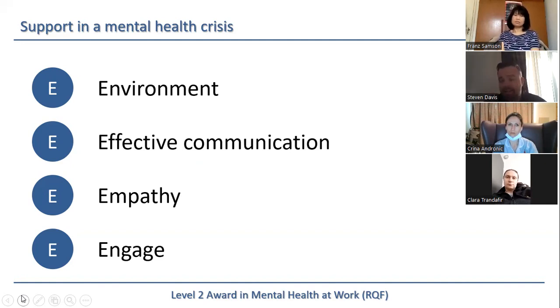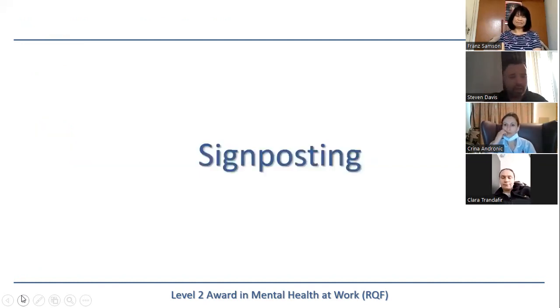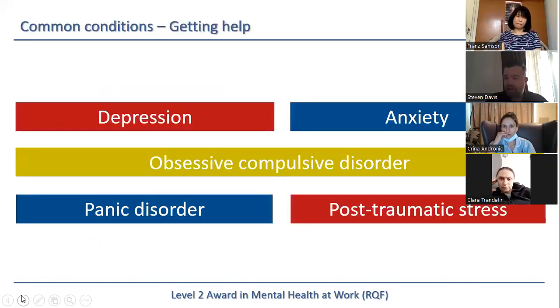And that safety plan and crisis plan, again, is in your tools. Mind and Rethink, if you Google Mind and Rethink, they have safety plans and crisis plans. And they do cards that you can download, and it goes in the person's wallet. What we're trying to do with mental health in the workplace is say to people, the moment you recognise that something's going on, pull out your safety plan, pull out your crisis card, and when your thoughts are a little bit disturbed, follow that and it will tell you what to do and where to go. Signposting is really important. So again, we've looked at those positions: signpost, GP, online, and other areas.